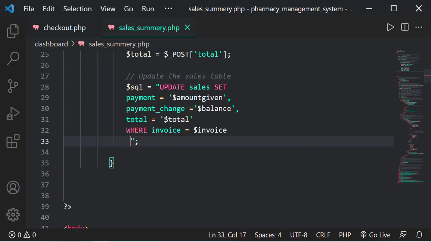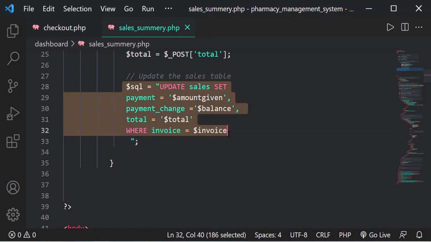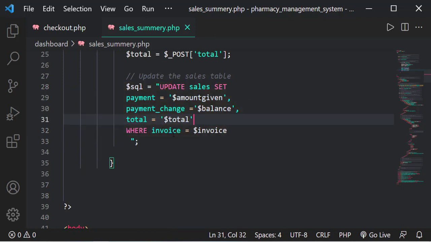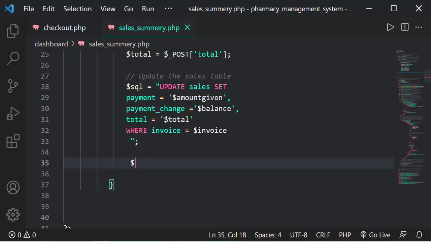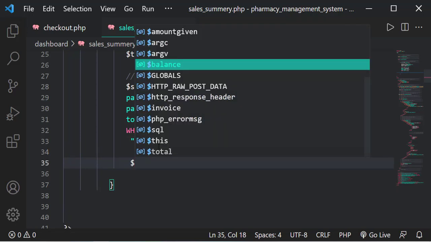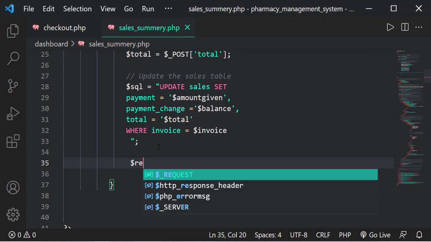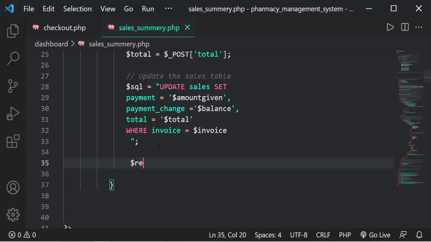Yes, like that. And this is now the script to update records in a database, and in this case we are just updating our sales table. Now after that, we want to create the MySQL query. That will be stored in a variable called results. So we can just say res, for results, and we're going to set it to be equal to